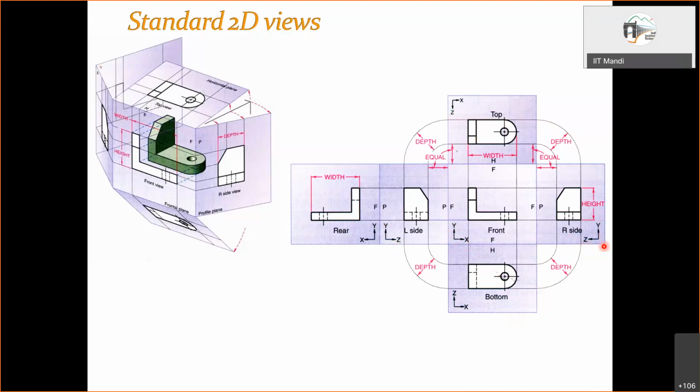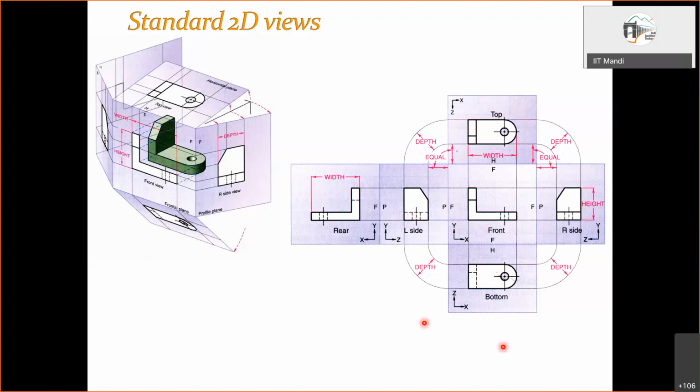And then the dimensions which are remaining common, those are also shown. Like this width here, if you consider, in the same correspondence, you will have the top view also between the same two lines. This is one boundary line, one boundary line. Within the same projectors, you can have the top view, right? Same goes for the bottom view. And then whatever is the height is from this up to this. On the same height projectors, you will have right side view, front view, and the left side. All. Okay. So that is all.